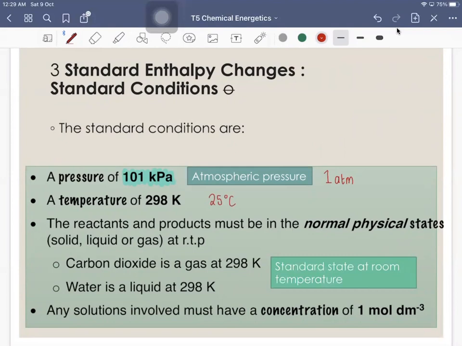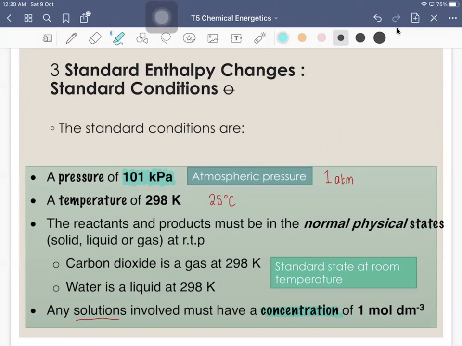The next one, well, I'll talk about the concentration first. If we're using solutions, the concentration must be 1 mole per dm cube. It's quite standard. Okay, 1 mole per dm cube. Point number 3, the reactants and products must be in normal physical states, solid, liquid, or gas at room temperature. So what this means is that the elements or the compounds must be in their standard state at room